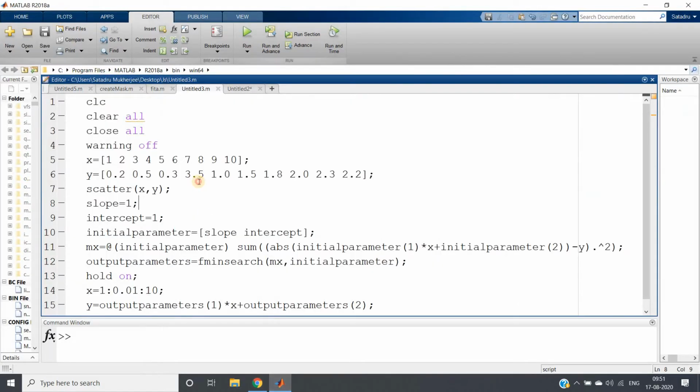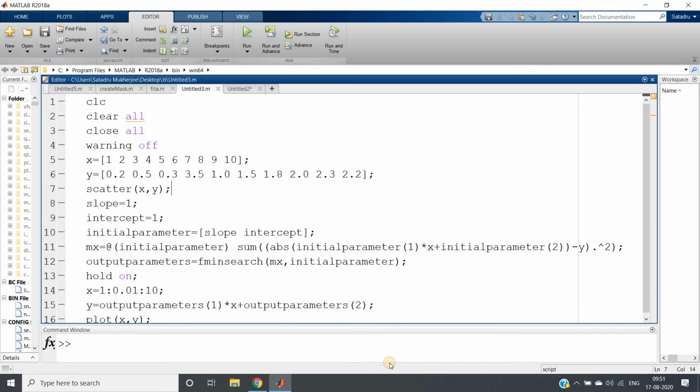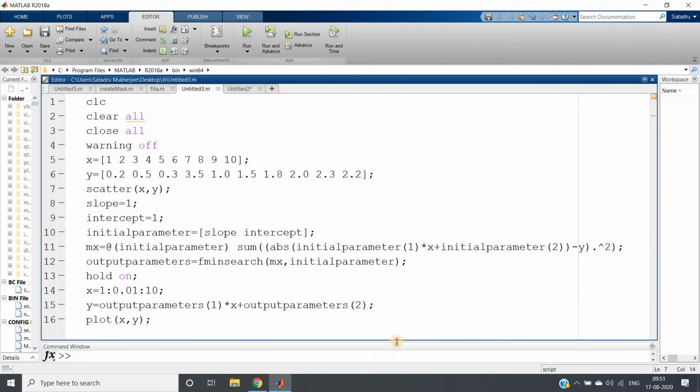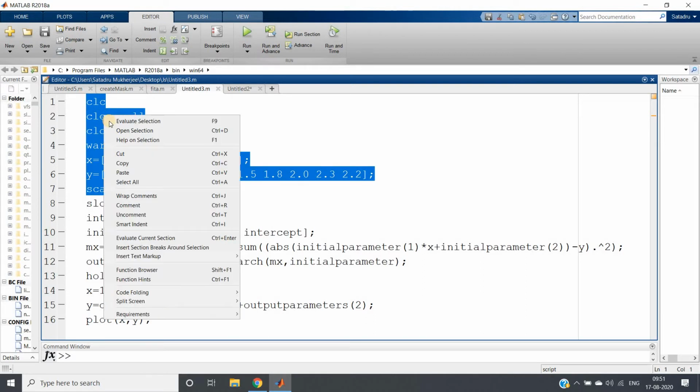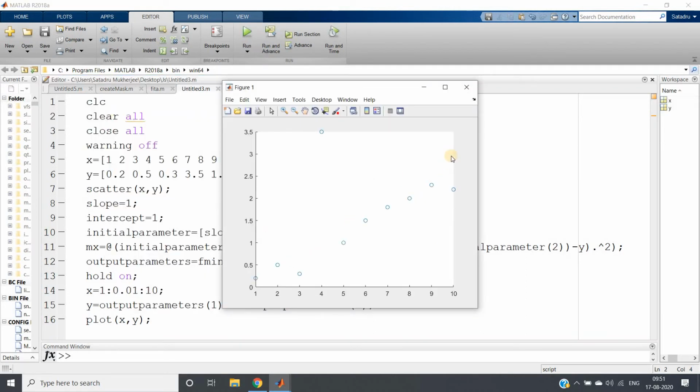So how can we implement this for linear curve fitting, that is linear regression? As you know, in linear regression our aim is minimizing the cost function, the mean square error. Here I have taken some data points in two dimensions, with clc, clear, warning off, and the data points scatter x comma y. If I run this part of the code, I get this kind of data set. Suppose we want to fit a straight line in this data set so that the mean square error becomes minimum.